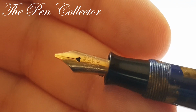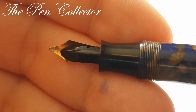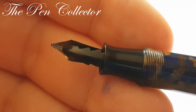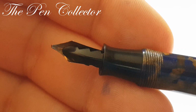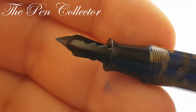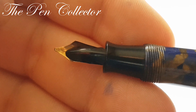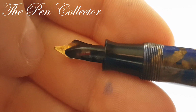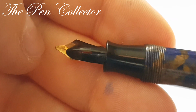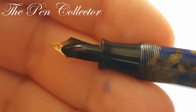I don't know if the tip lost its iridium plating over time. I'm not so sure. An interesting element that might reveal the producer's identity is this feed. This feed is typical for the Parker models in the 1920s and 30s. It has this shape of a pine tree, like a Christmas tree. You can see it. It's made from ebonite. And I was wondering if the top of the nib lost its iridium point or not. You will see what I mean when I do the writing sample, because